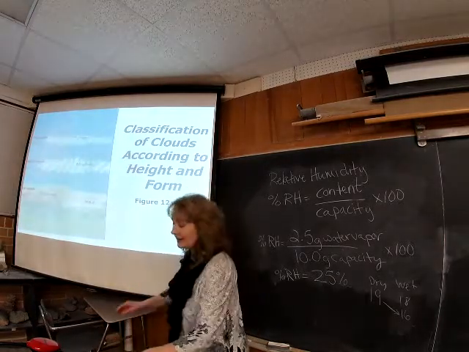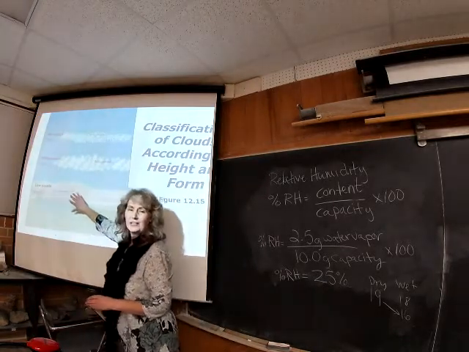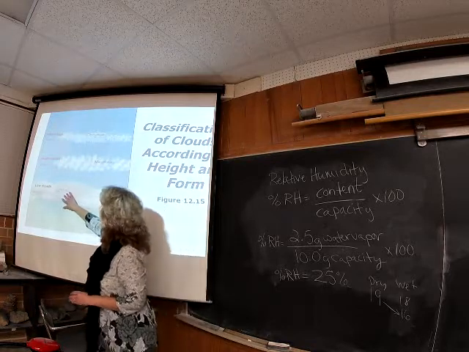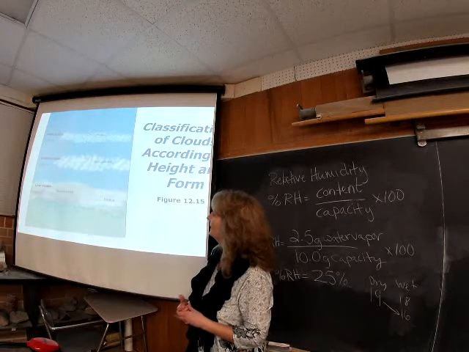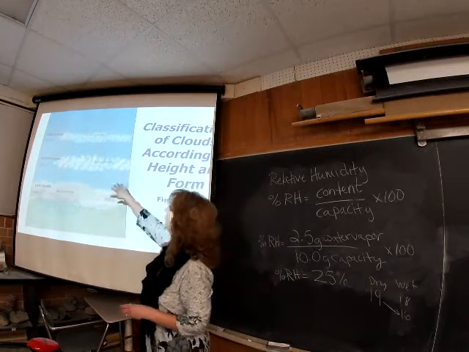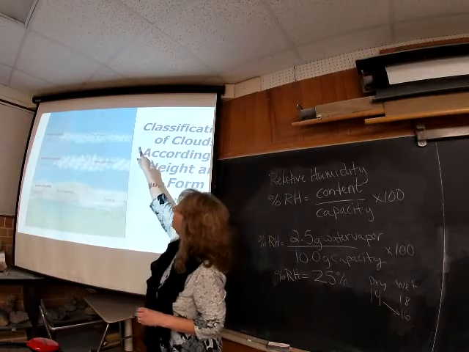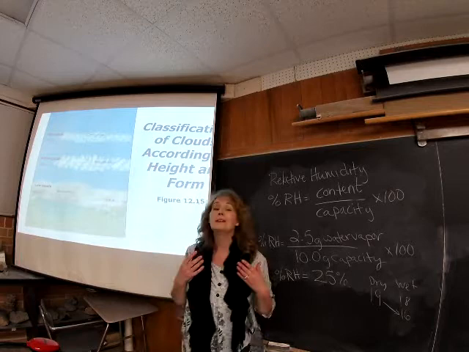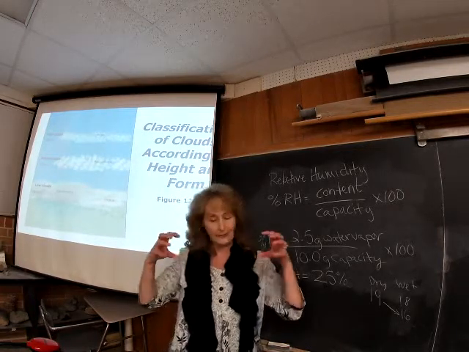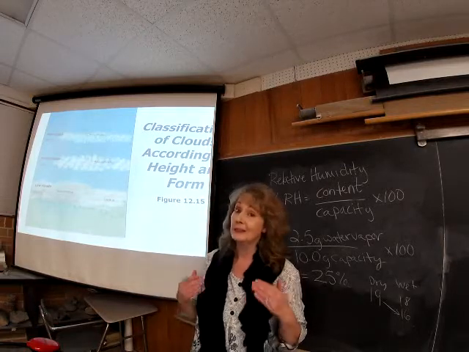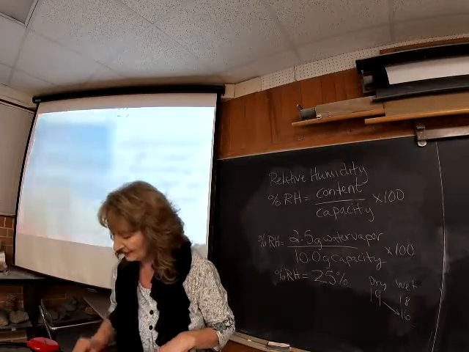Okay, so according to height, we've got our low clouds, sort of hovering, gray kind of clouds, layered, the nimbostratus, the stratus. The nimbo is going to be giving you your rain. Middle clouds, we've got the altocumulus clouds there. And then the high clouds, we've got the cirrocumulus clouds. So cirro, they're kind of thin and wispy, but yet they're clumpy in shape. They're very high clouds because our cirrus clouds are made of ice crystals. Okay, keep that in mind.